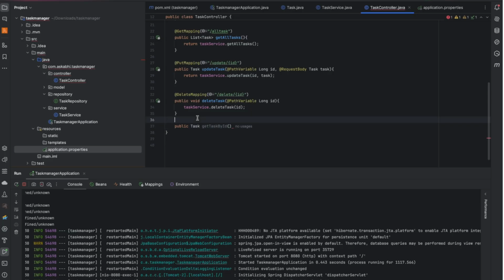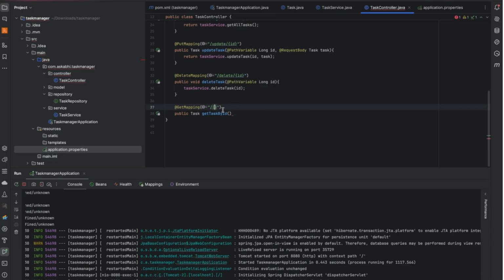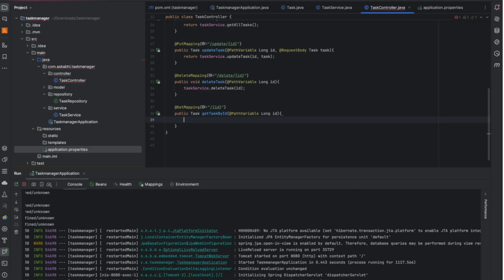Here it will be get mapping because we are getting the request, and for this we will just add slash task and slash id, so it will come to this here, and this will be a path variable, long id passing here, and then again let's delegate it to the task service dot get by id,